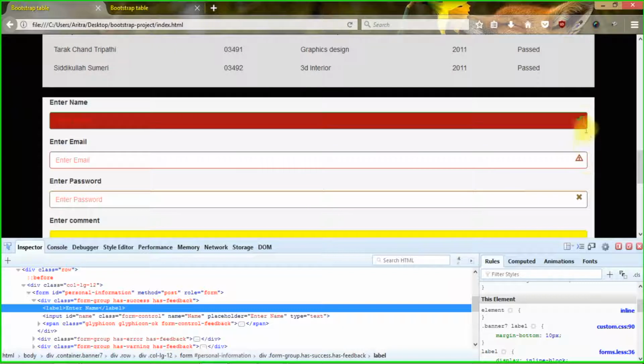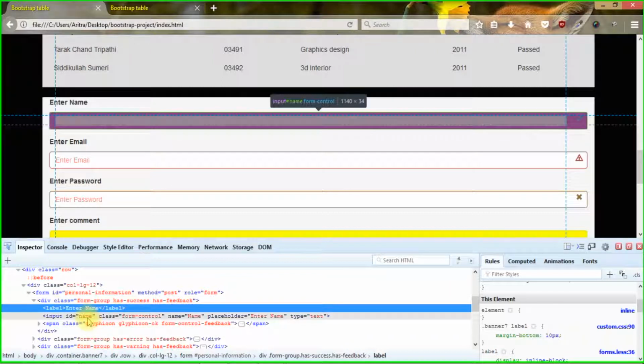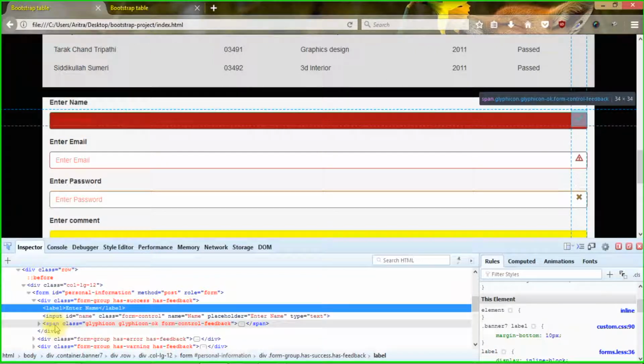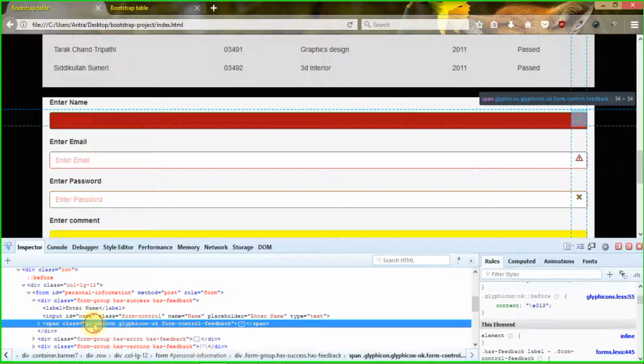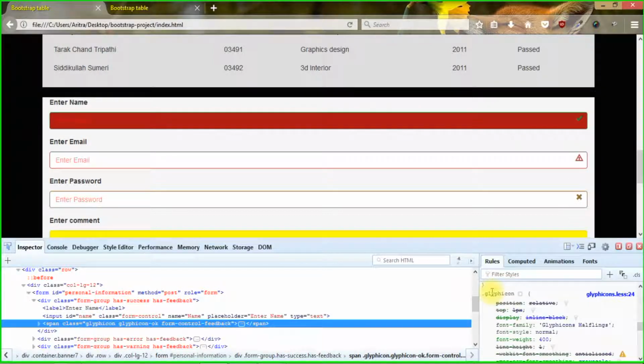Now another thing, on the other hand, we can see that these glyph icons are practically shifting into a little bit of top position. So we need to fix this so that they lie in the exact vertical middle position. So that is why now we are coming back to our glyph icons here. Glyph icon as a whole is practically using a glyph icon class. You can see that this is the glyph icon class. Just copy it,